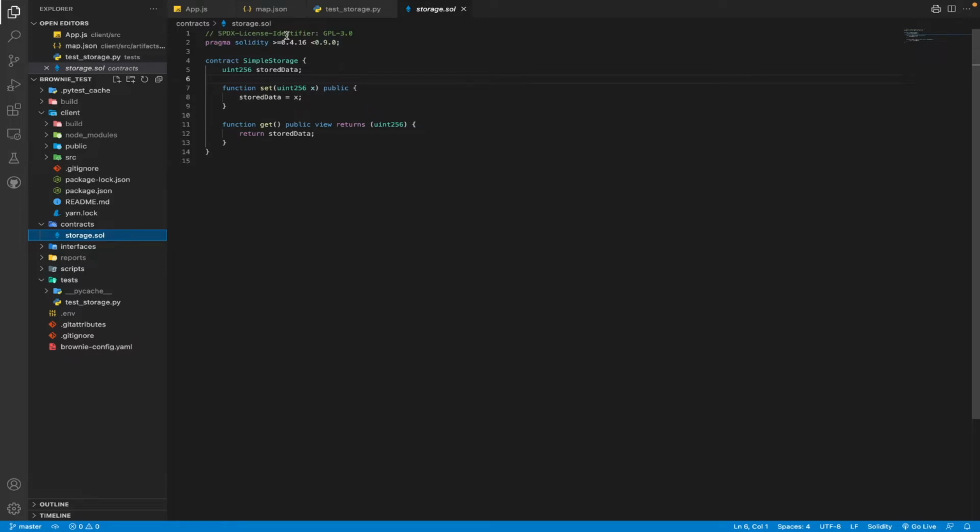The SPDX license identifier at the top. You've got your pragma, your Solidity version, your contract itself, the name, SimpleStorage. This contract has a uint256 that we name storedData. Your first function is the set. That's where you make your state change to the blockchain, and it is a uint256 that you input. It's public, so it can be interacted with by other users in the public, and it stores a storedData